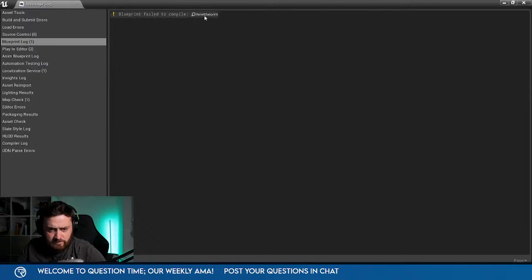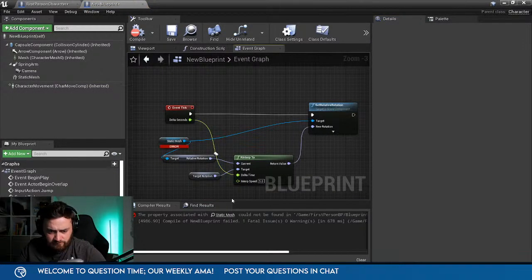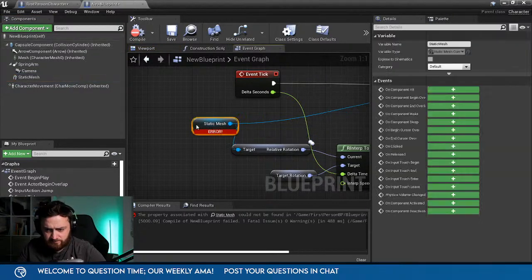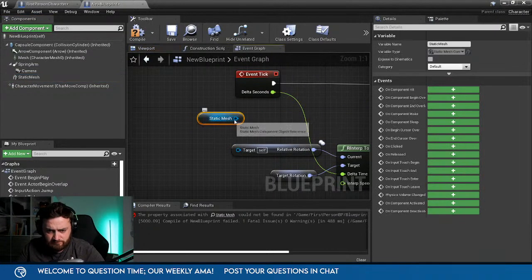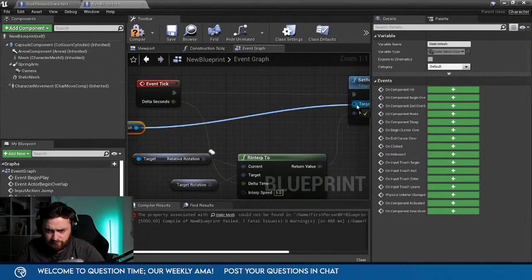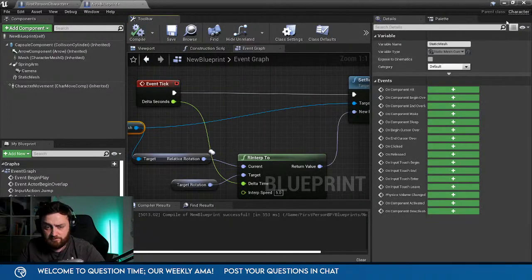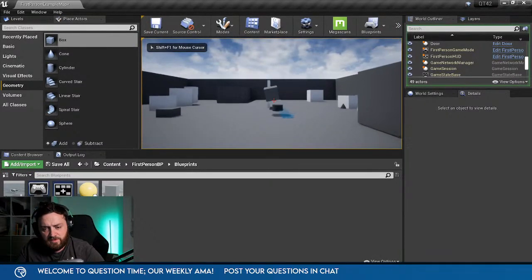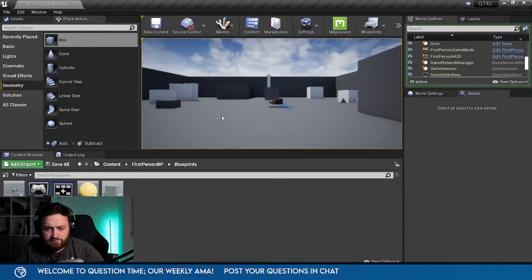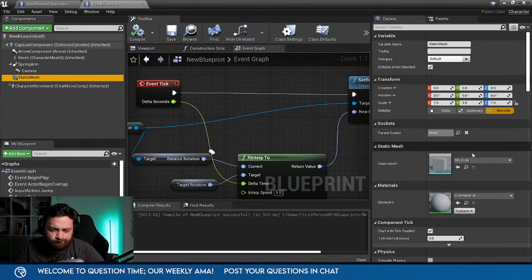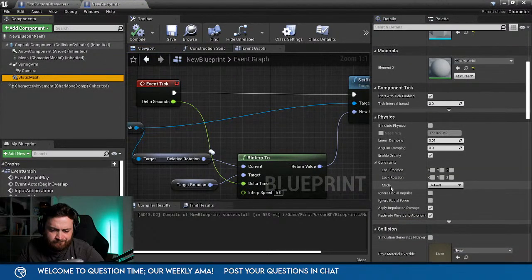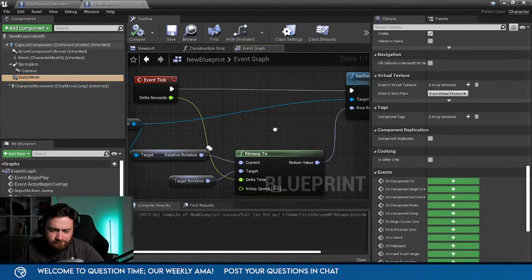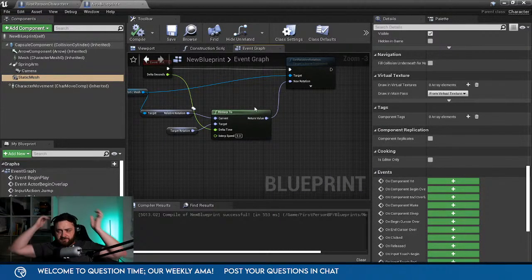Yeah, it still does it for this. Yeah, I don't know. I don't know why it's not rotating around like that.